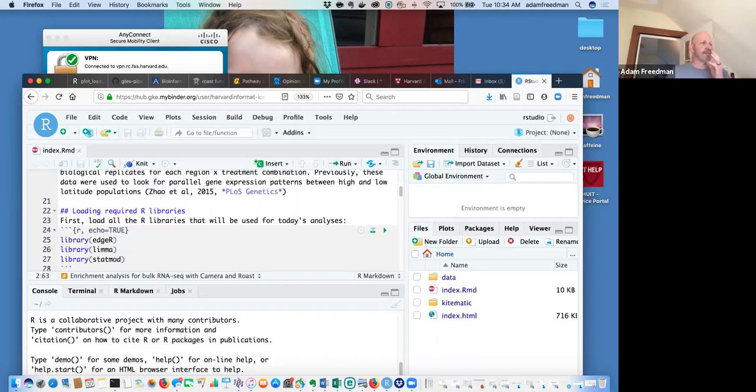So basically the two things that are important about enrichment analyses with RNA-seq is that expression levels are often correlated between genes, especially in genes of pathways of interest, right? A pathway is operating in concert. We expect that there is going to be some covariance, right? But a lot of tools used for naive enrichment analysis don't account for that. And so there is that. And the second issue is that